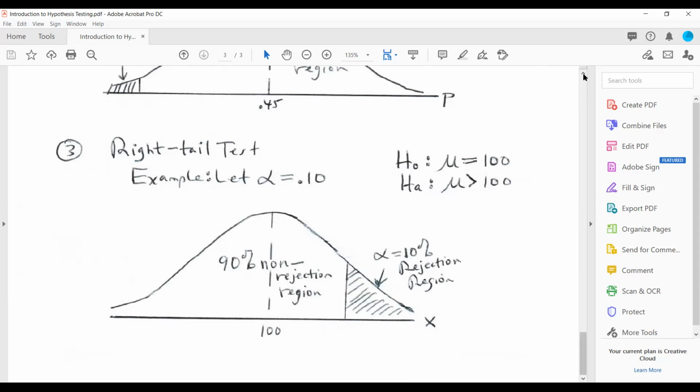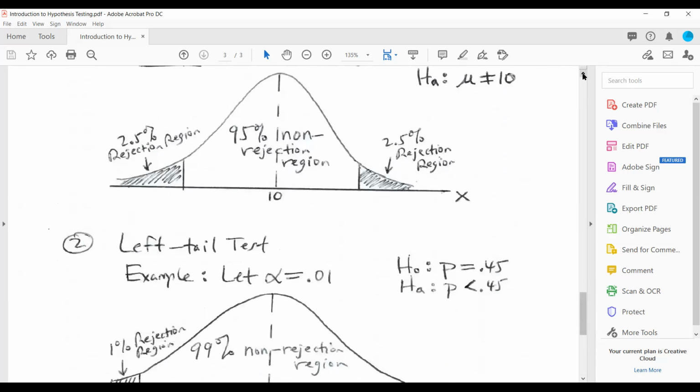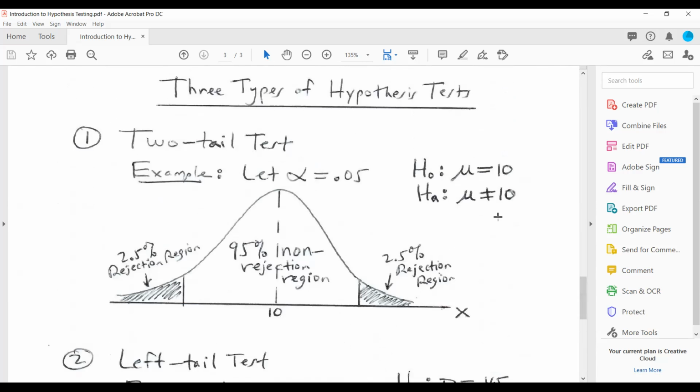So the three types of tests are determined by the wording of the problem. The wording of the problem determines the null and alternative hypotheses. Now the null hypothesis always has an equal sign, and the number that we put next to it will be given in the problem. Always know that this number in the null hypothesis and the number in the alternative hypothesis